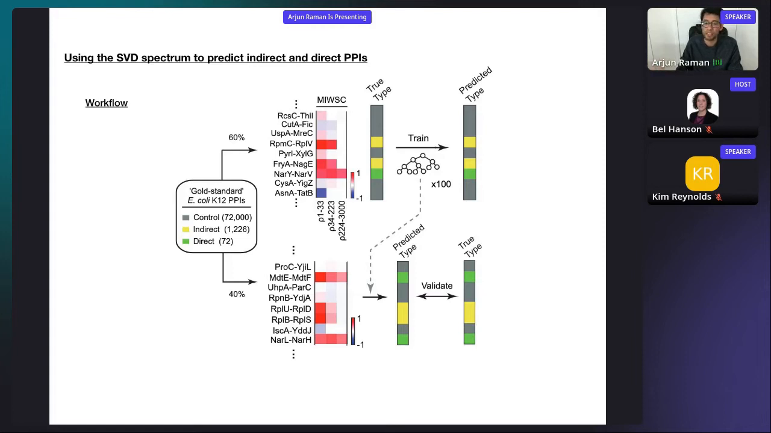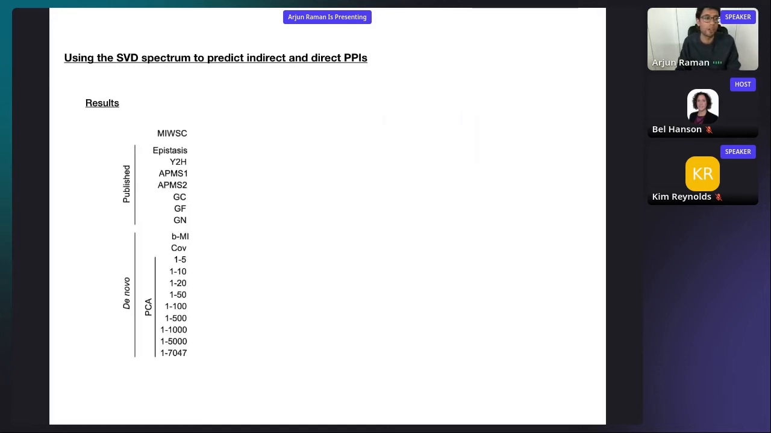We then validate based on the true type. So we compare the prediction and the true type by a metric called an F-score, the harmonic mean of precision and recall. So I'm going to summarize the comparison that we've done with our method versus a litany of published methods involving experiments and